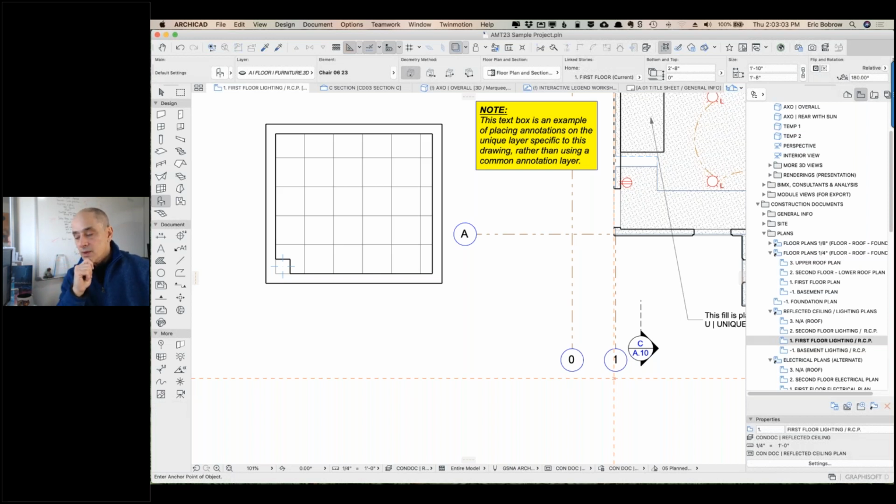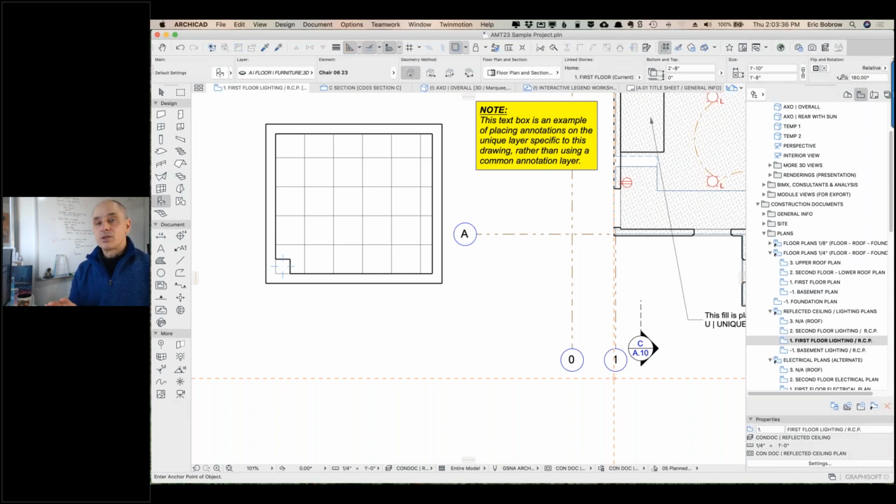So you can put things on the ARCHICAD layer temporarily, just because you don't want to think about which layer it should go on, or maybe it's just a temporary drafting aid or something that you just want to look at and then you're going to get rid of. So, let's just drop it in there. I've certainly done that. I put things on the ARCHICAD layer when I'm teaching, just to say, I want to show you something and I don't want to go find the right layer. But ultimately,